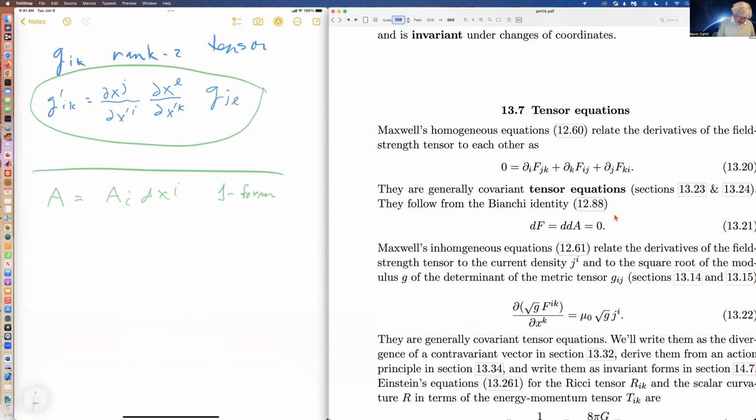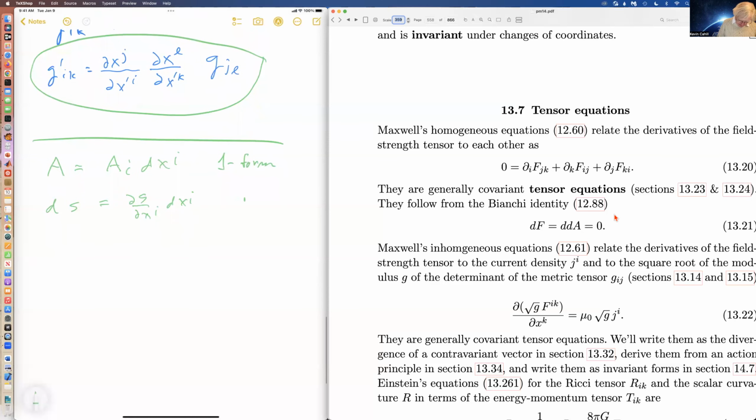Now, there's something called an exterior derivative. If this acts on just a function like s, then ds is partial s partial x^i dx^i. So it turns a scalar into a one form. This is also a one form. I think I'm going to switch then to blue. Now, what happens when a d hits a one form? Well,